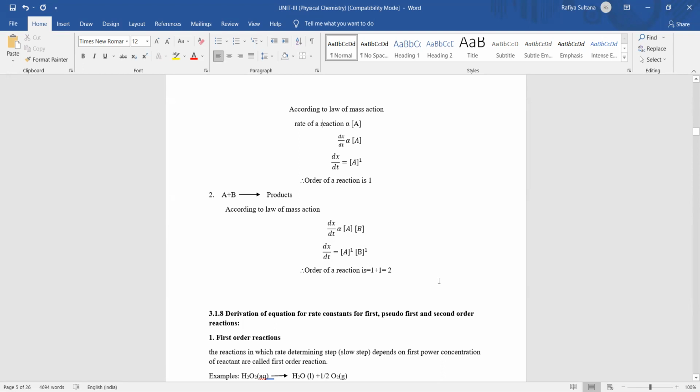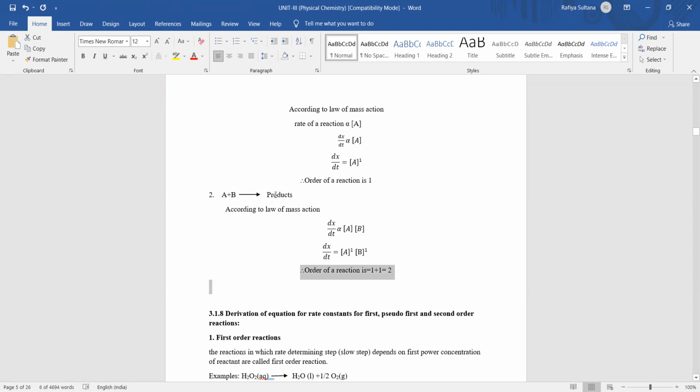There are a few examples where even though you are having 2 reactant molecules, suppose A and B, I am telling one more example. Suppose 2 reactant molecules are there, but the reaction rate depends only on one reactant, suppose A only, it does not depend on B, then you have to write the order as 1. Okay, you cannot simply tell the order by seeing the chemical reaction like this. By seeing this, you cannot tell that the order of the reaction is 2. You have to carry out the experiment. You need to know this equation. Okay, you have to know this equation to write the order of a reaction, not this equation.